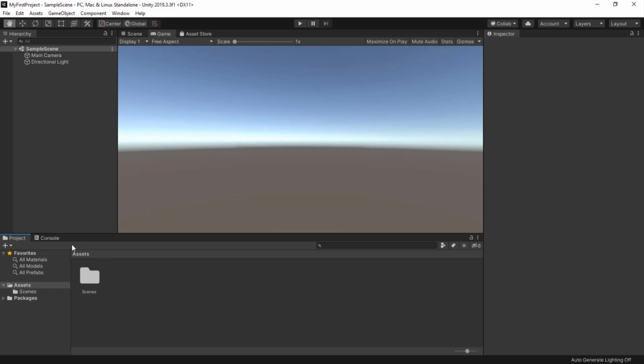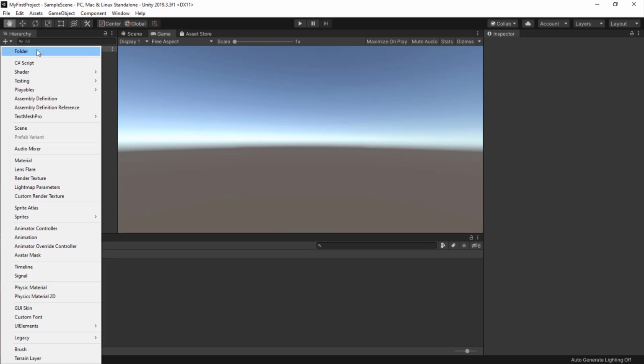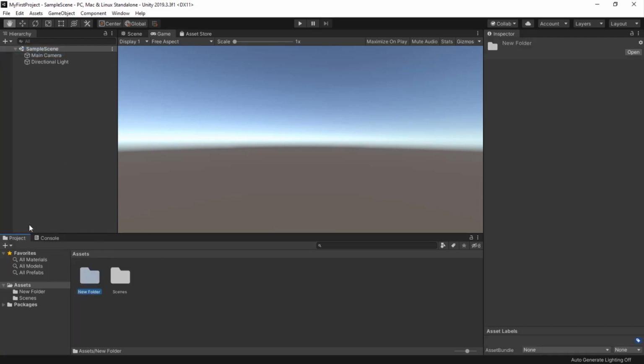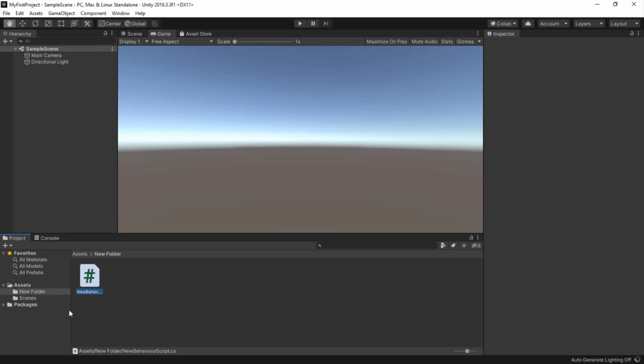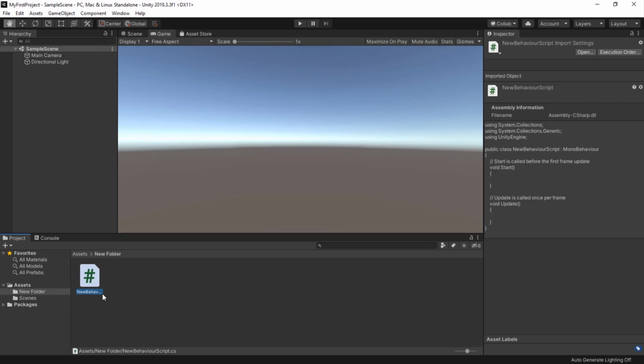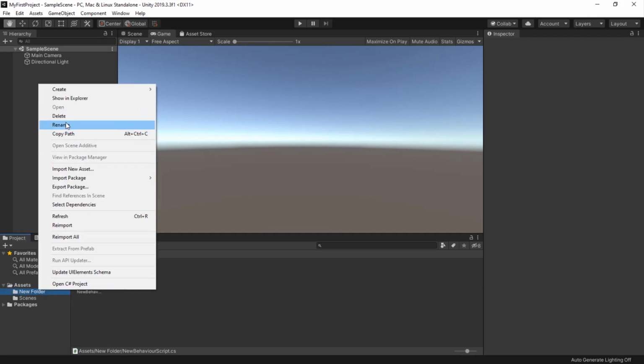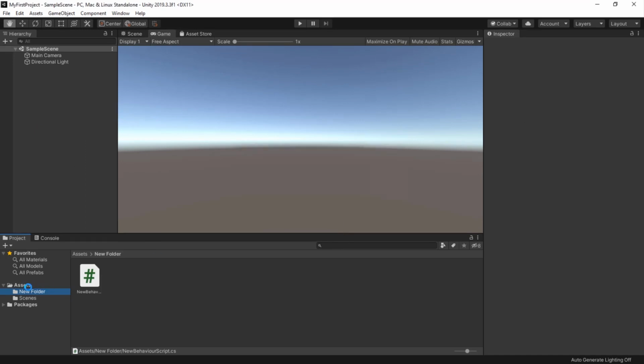You can also add new assets to your project by clicking on the plus button here, and it's super easy to add new files like C# code to your project and get started on your next great idea. And if you decide you don't need the file anymore, you can easily remove it from your project. Just select the file and click on the appropriate button to delete it from your project.